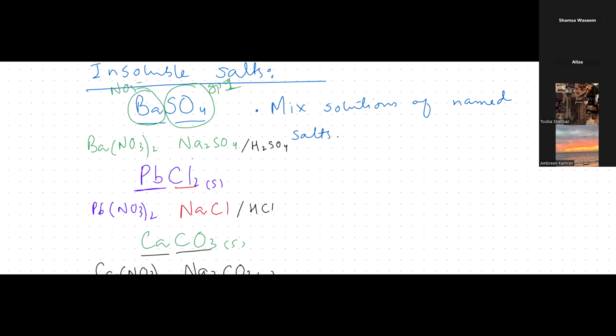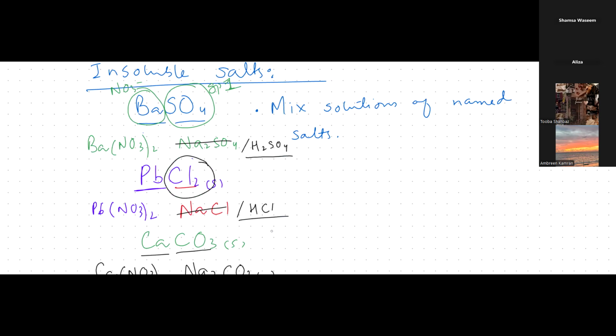ये बात समझ आई बेटी? Can you repeat? Yes. I was saying that suppose we have to make barium sulfate, that you must have understood कि भाई first parts you can take nitrate and with the second parts you can take its group 1 salt, ठीक है? I was saying, beta, other than sodium sulfate, you can also take an acid which contains sulfate ion. ठीक है? So other than taking sodium sulfate, I could have also taken sulfuric acid. सही है? Did you get it? जैसे कि sodium chloride we have taken. Other than taking sodium chloride, I can have also taken hydrochloric acid, right?